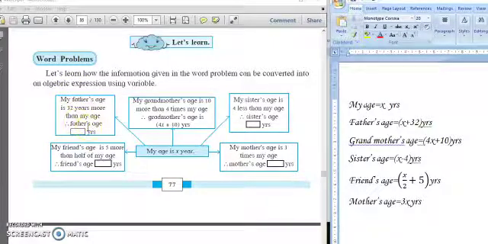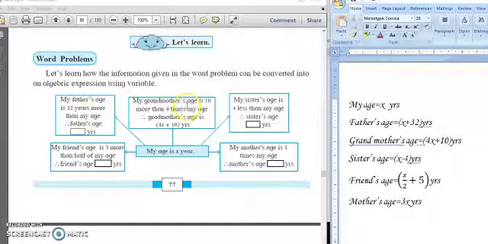So first question is given here. My father's age is 32 years more than my age, and you have to find here the father's age. So first of all we need my age. My age is given here x years. Okay, so my age equals x years. Now we have to find the father's age, and the condition is given as father's age is 32 years more than my age, means x plus 32. If we do that, then you will get the age of the father. So father's age equals x plus 32 years. Okay, so in this bracket write down x plus 32.